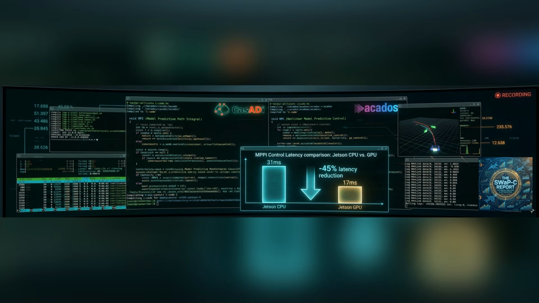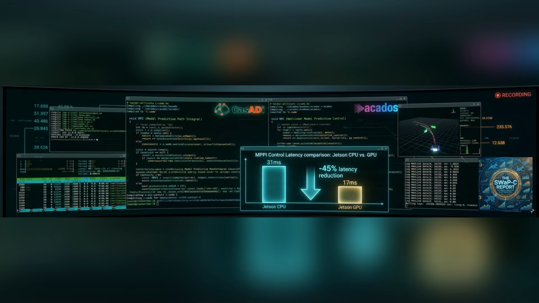The results of this software-hardware synergy are breathtaking. On an embedded NVIDIA Jetson Orin Nano, execution times for a complex SQP RTI NMPC solver scale linearly and plummet to median computation times of just 5.76 to 10.98 milliseconds. That is well within the 20 millisecond threshold required for a standard 50 Hz avionics control loop.